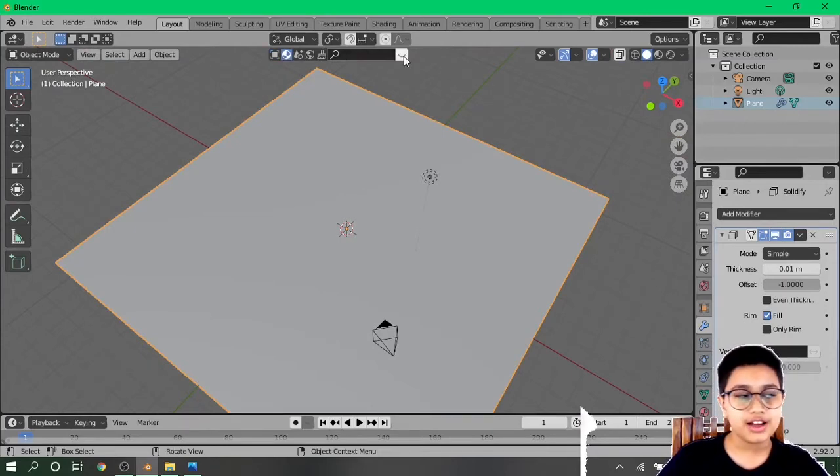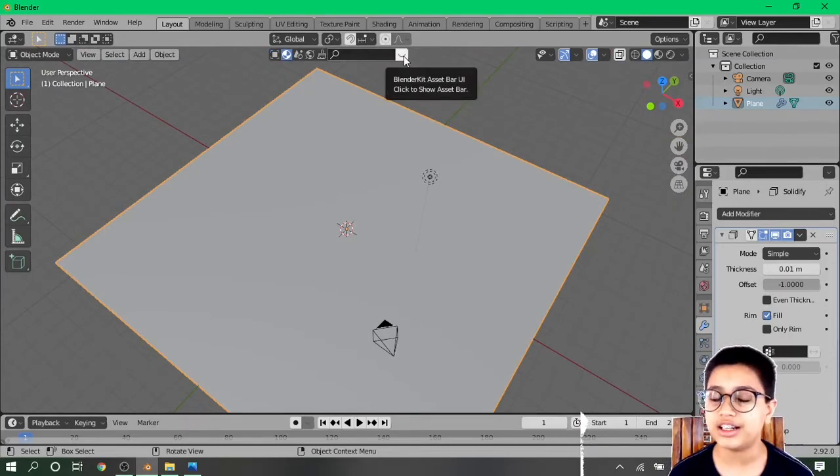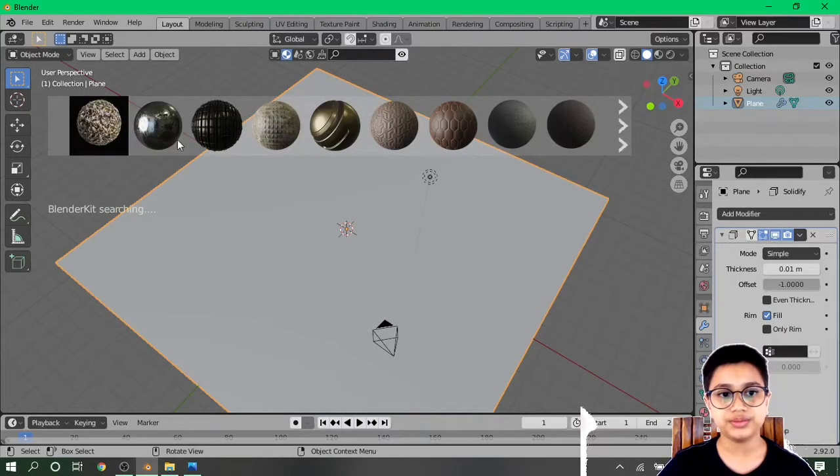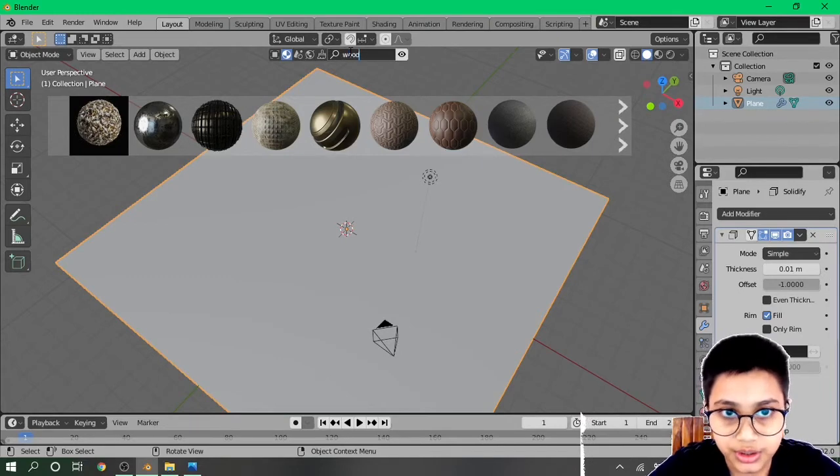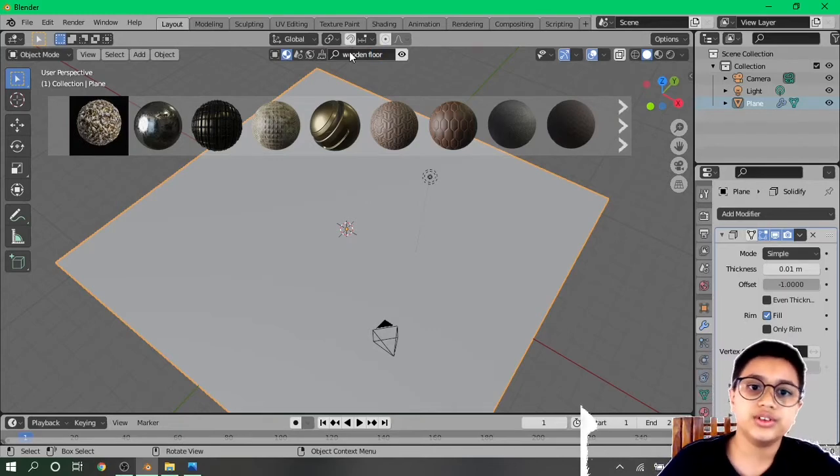Now first I will show you how to add material from Blender Kit add-on, and then I will show you how to add a material from a website. So go to the materials, search for wooden floor.